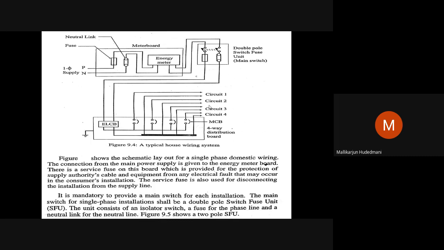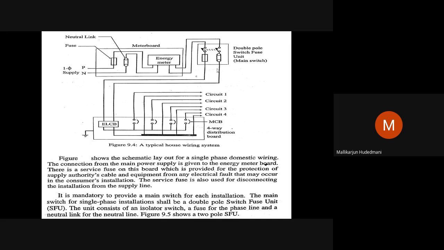When this switch is opened, both the contact phase and contact neutral get opened, so that any interconnection or any repair can be safely done by the electrician. For that, this double pole switch is provided. From this, you will see here there is a circuit breaker, which is called the earth leakage circuit breaker, ELCB. From this, you will find one line becoming multiple, can you see here, with the help of MCB1, MCB2, MCB3, MCB4, like that division.